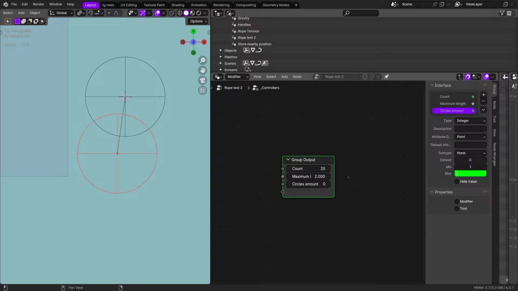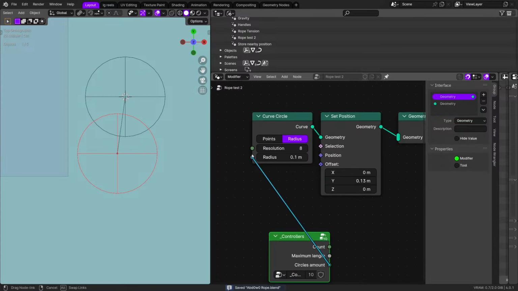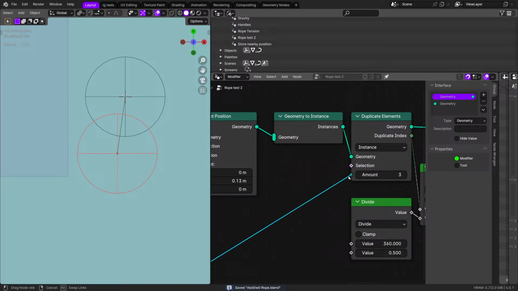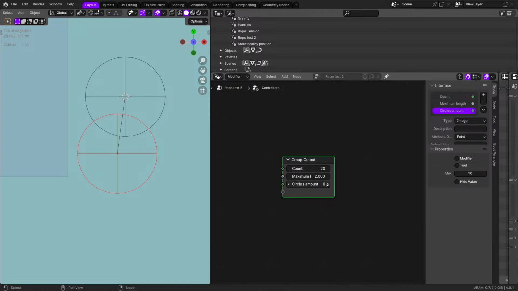Maybe you want something really high like 10, I don't know. So this amount is going to be plugged into the duplicates, and in here, now when I collapse this and add like 3,